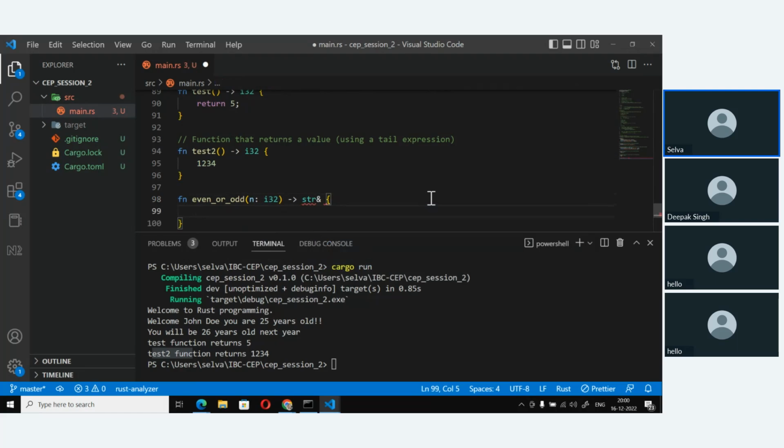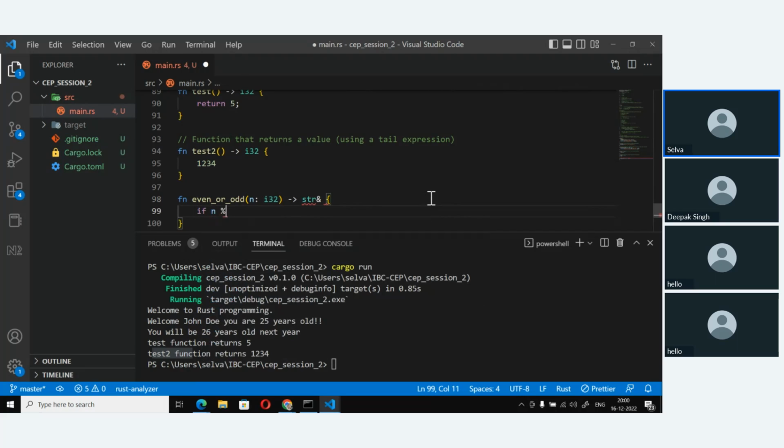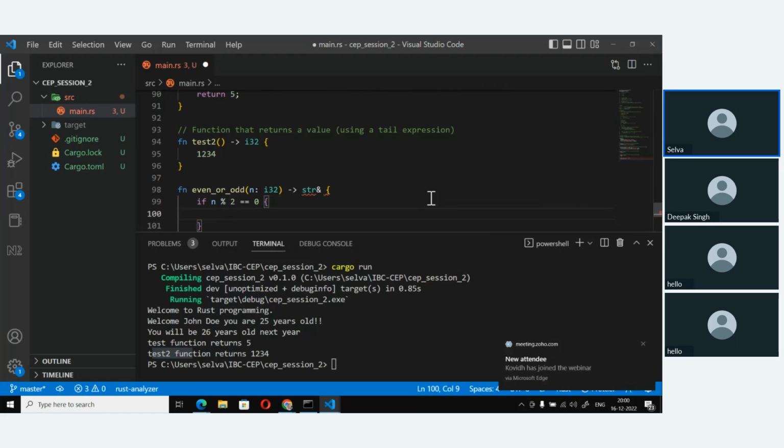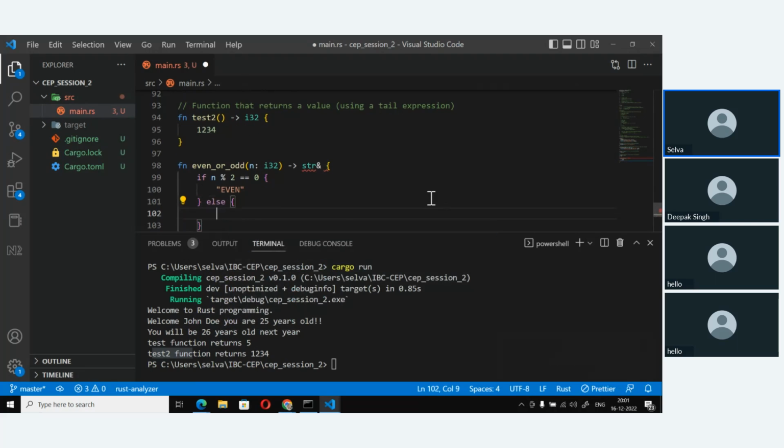If n mod 2 equals 0, I'll just return Even. See, I'm not putting any semicolons in there. Else